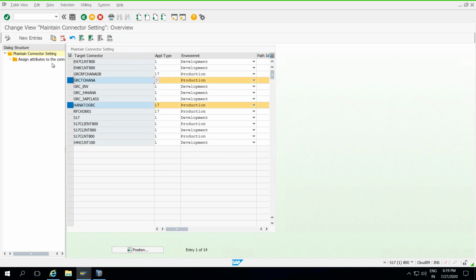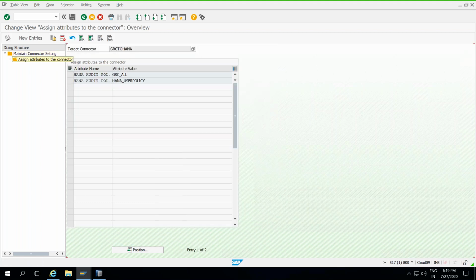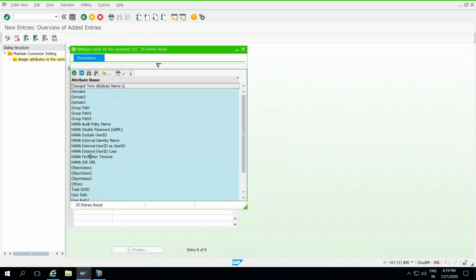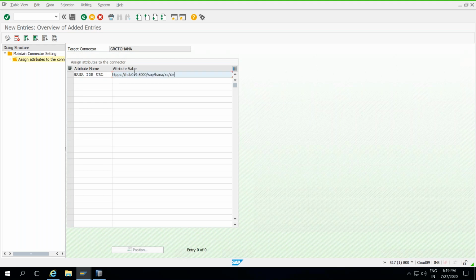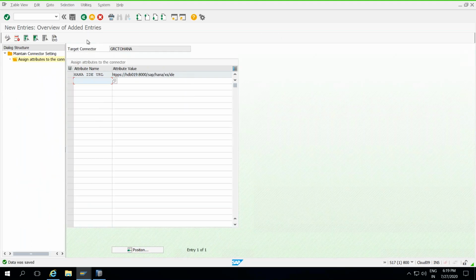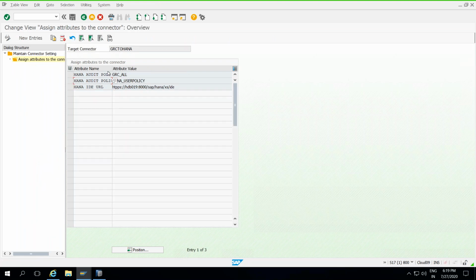Yes, here is our connection. Web ID. Paste the value. Save. So this is also what I forgot previously. See how to maintain all these settings here. First of all, you want to add the policy name and web ID.